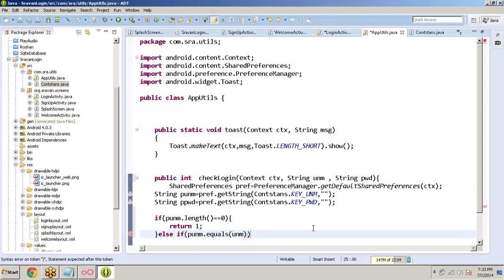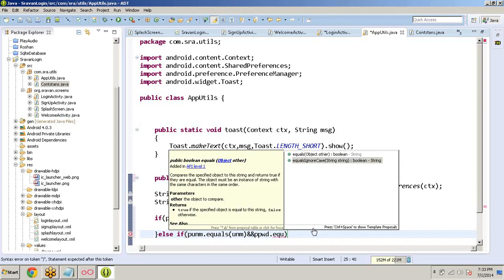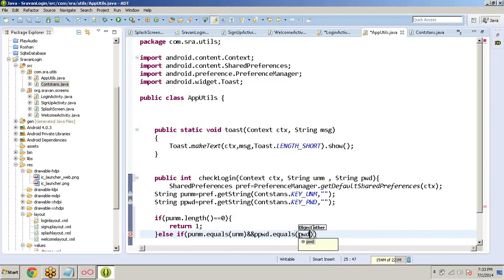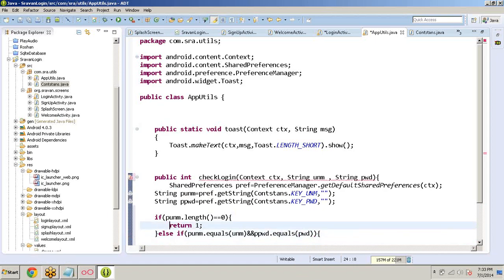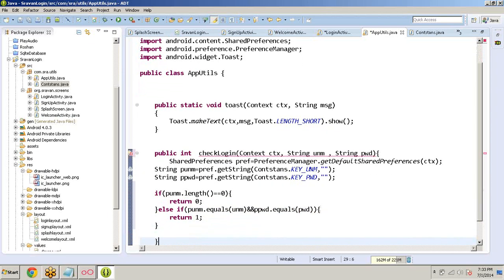If it equals, and the shared preference password equals the password, if both are equal, then return 0. Here I want to return 1, else